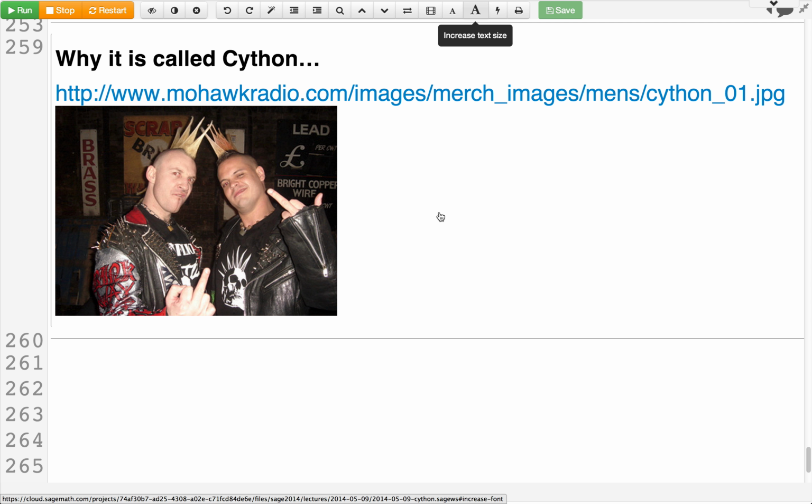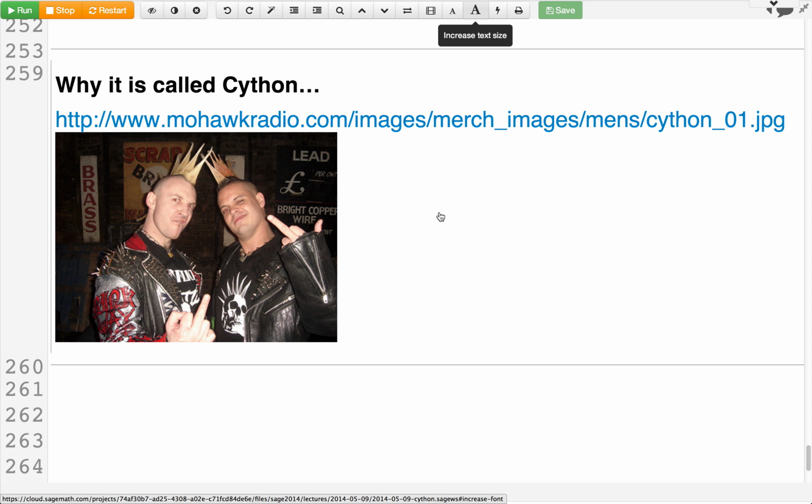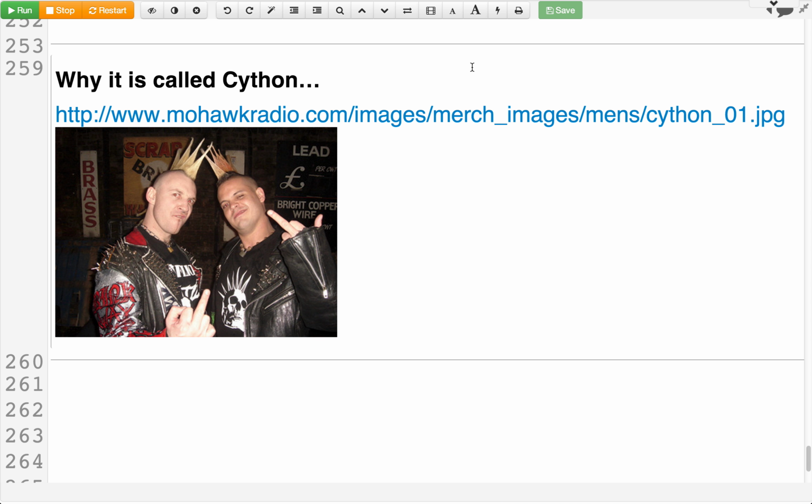They just dominate the search for Pyrex. It also isn't really that suggestive of what's going on here. Cython, on the other hand, suggests C and Python. Also, at the time when I named it Cython, if you Google, the top hit was this punk rocker guy in England named Cython. And I didn't think he would sue me for something, and I didn't think it would be difficult to get a higher ranking. So thank you, Cython, for inspiring the name.